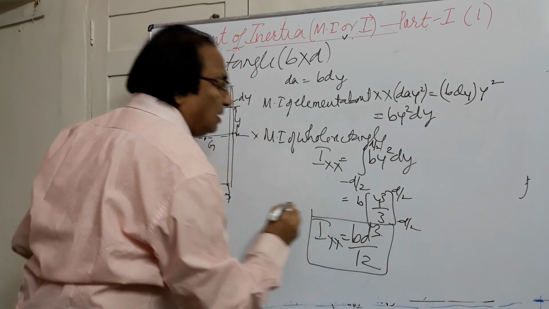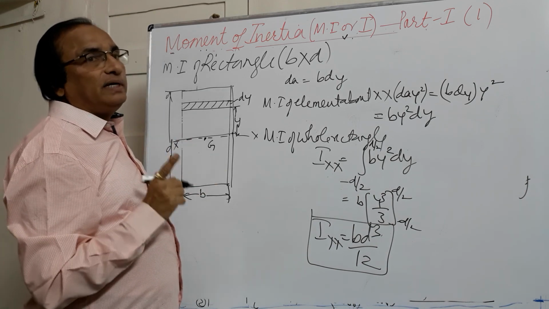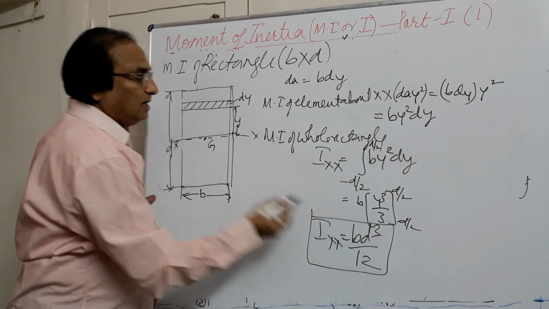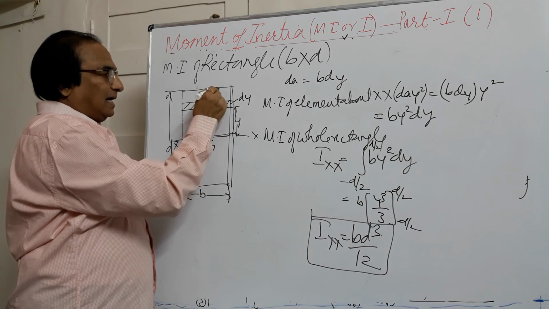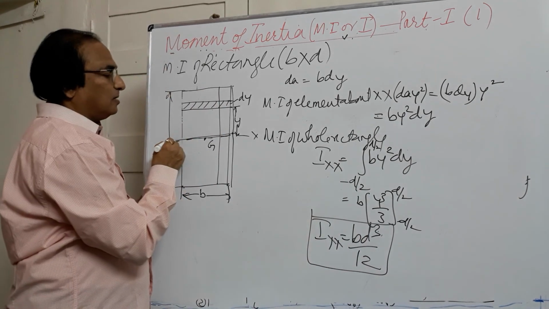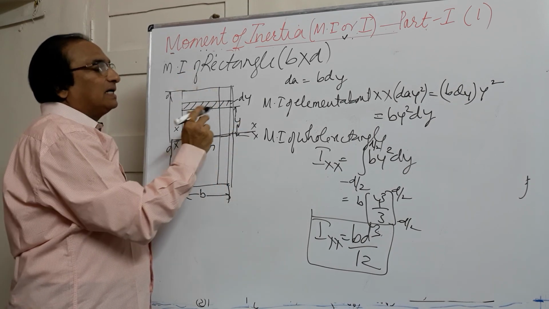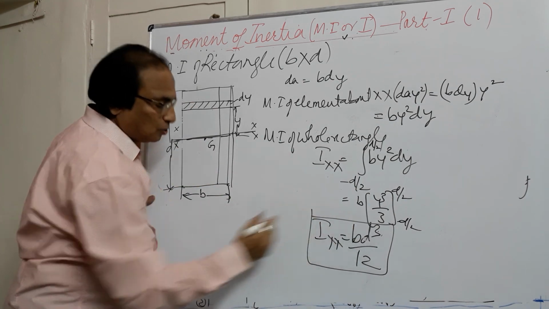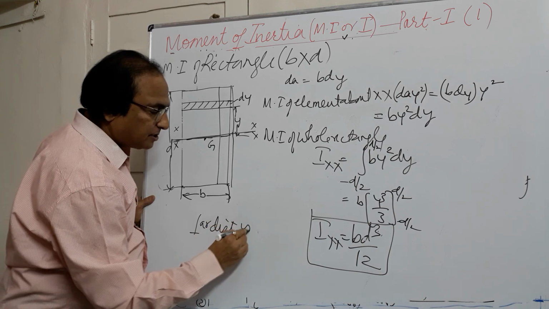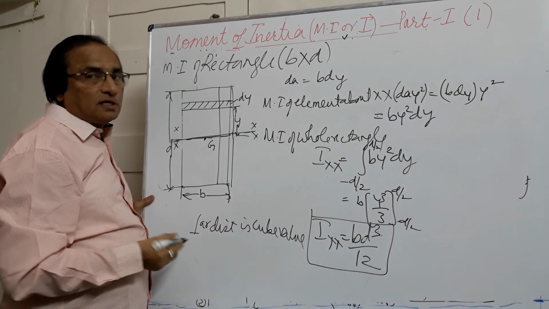Very important formula, you will have to remember this. Moment of inertia of a rectangle is b d cube by 12. Now here if you see this formula, b is the width and d is the depth. And here you see the cube value is perpendicular to the axis. This is our axis xx. Which dimension is perpendicular to the axis? D. And that value is a cube. So perpendicular distance is the cube value.